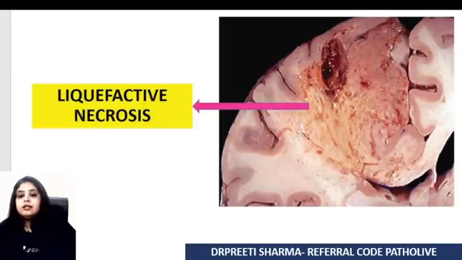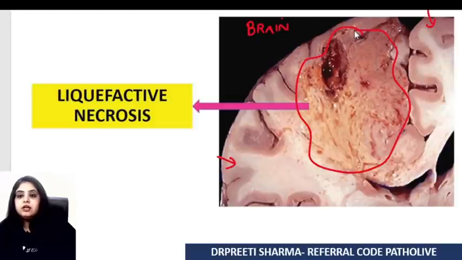Picture number two is the classical picture which has never been changed in so many years in the paper, and the exact same image comes all the time. That is an image that is a slice taken from the brain. In the brain I can very well see the normal areas of the brain, but then I see this part of the brain which is totally liquefied. It's changed from solid into a liquefied mass. So I can very well call it liquefactive necrosis.